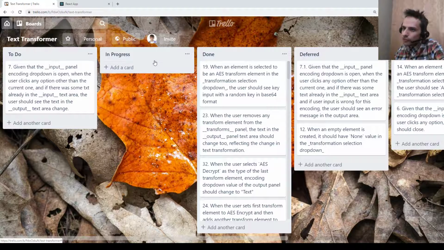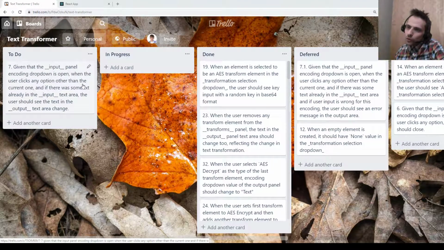So number 7: given that the input panel encoding dropdown is open, when the user clicks any option other than the current one, if there was some text already in the input area, the user should see the output text area change.